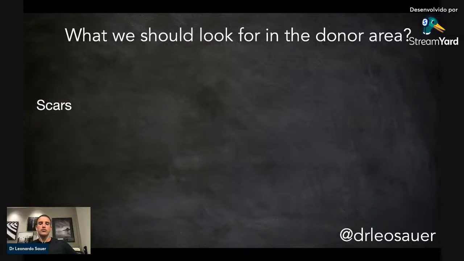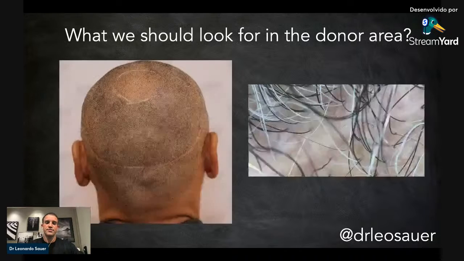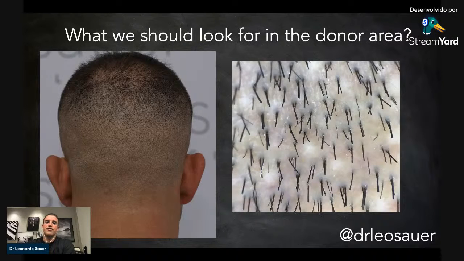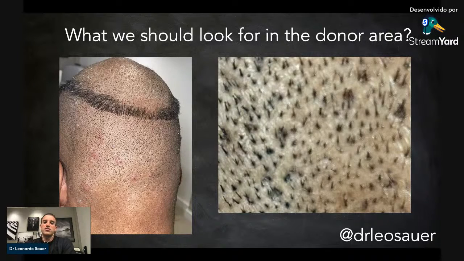And we also should look for scars in the donor area. When we see these areas of scars, it shows us that the patient has fewer hair follicles available, whether the scar was made by hair transplant surgery, FUT or FUE. It shows that the patient has fewer hair follicles available, and also these scars may impair